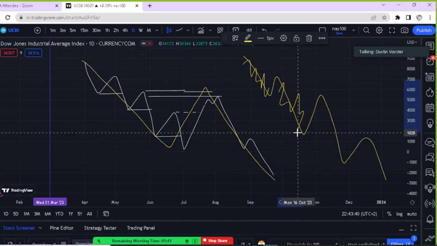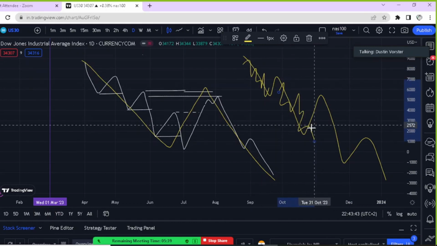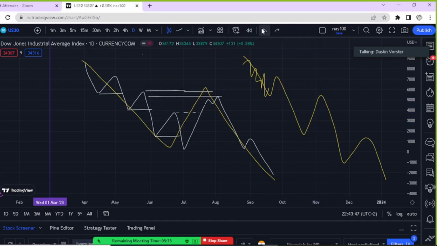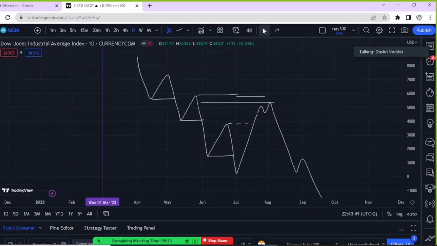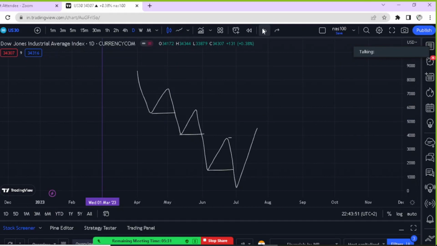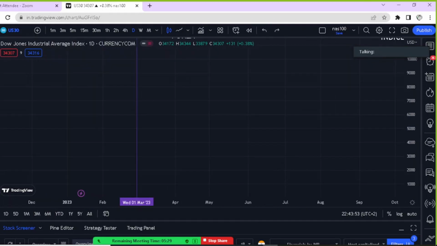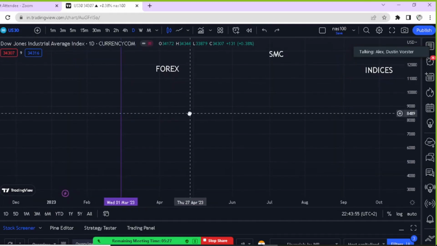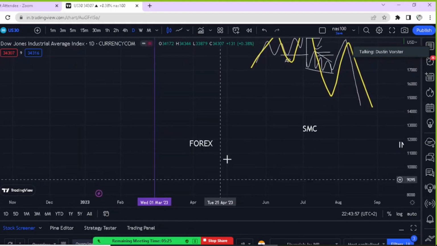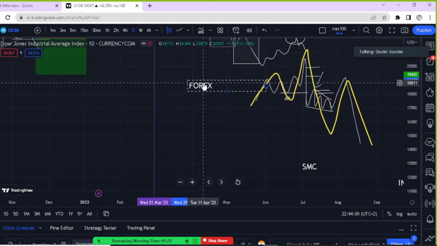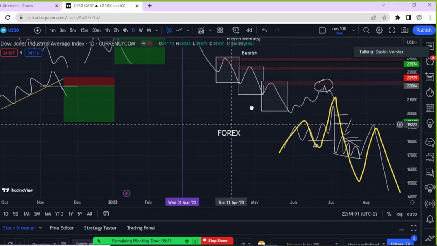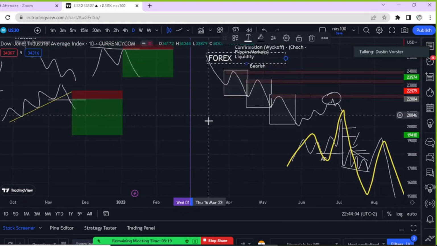Price is still going down, but you see that makes sense. You guys 100% know what we're talking about. Yeah, we've done this together as well. The internal structure that creates larger structure. So I'm pretty much going to move this up here because I'm going to be repeating myself